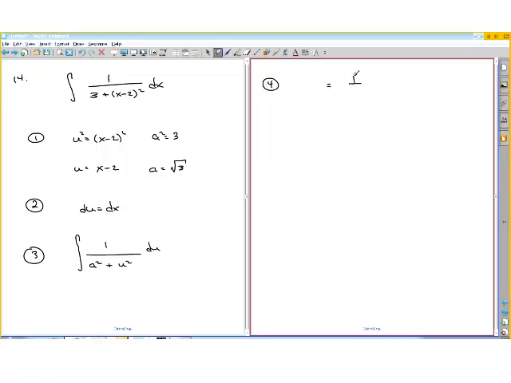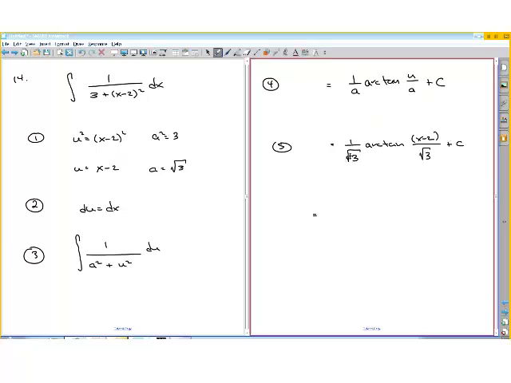So the answer here is 1 over a times the arc tangent of u over a plus c. Step 5 is we substitute in. So we have 1 over the square root of 3 times the arctangent of u, which is x minus 2, divided by a, which is the square root of 3,